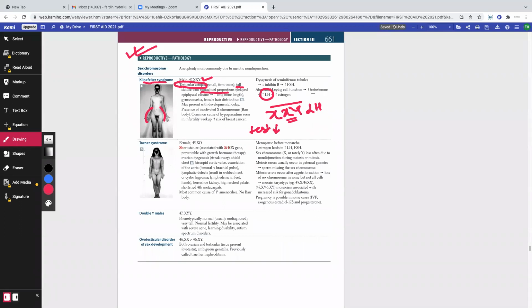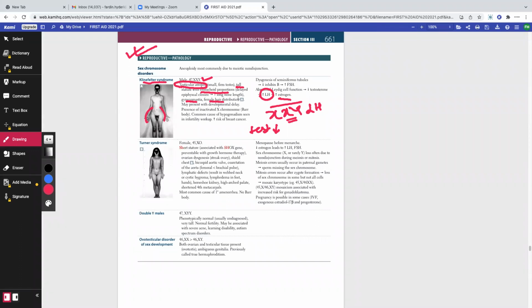And if testosterone is not there and LH is very high, can we expect that this LH in turn can convert into estrogen? Yes or no? For example, by the action of aromatase or by something else, this LH will increase the amount of estrogen. So can we expect these males to be prone to estrogenic problems such as gynecomastia, that is the development and the enlargement of the male breasts, right?